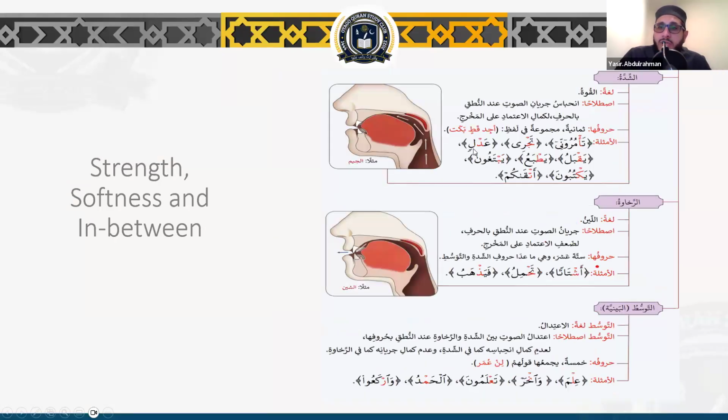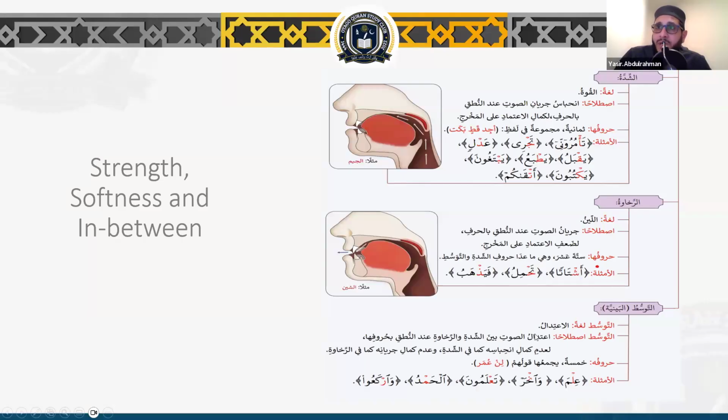So that's the hint for memorization, inshallah. The looseness, or the softness here in the book, but let's use looseness. It's the running of the sound when you're pronouncing the letter, because the articulation point is not so hardly touched. And that's the summary of it: the 16 letters, which is everything else apart from these ones and the in-between ones,